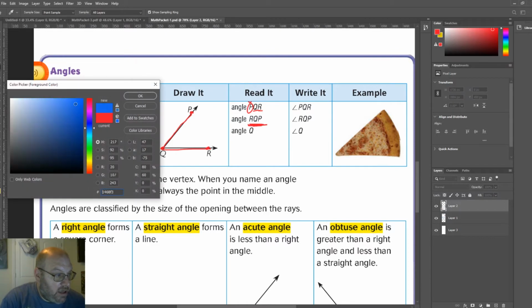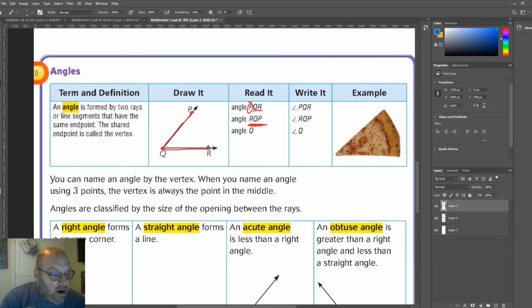So we can start at this side, R, Q, and then P. So we can go either way. We can go that way, we can go that way. Or the last way is just angle Q, which means, get rid of all this. There we go. So angle Q just means the vertex of the angle,